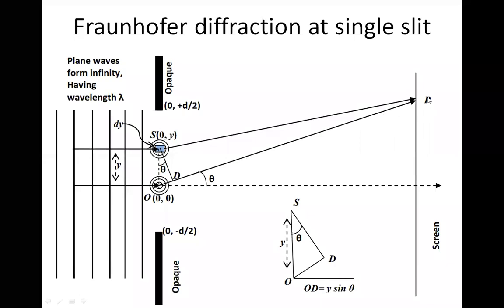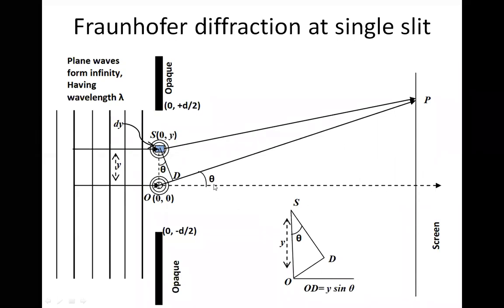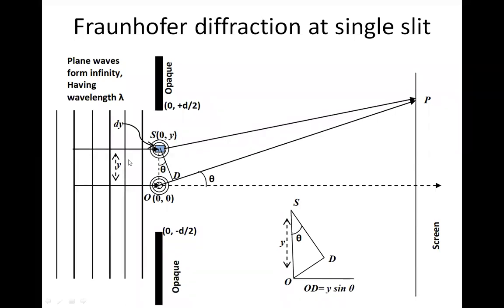So this point P is receiving so many disturbances which are coming from so many point sources, and at every point you are going to have disturbance. What I have done is I have generalized the case. So at theta angle, what is the disturbance at P? If I change the value of theta, I can span the entire screen, right? So I can get the information of each and every point on the screen just by varying the theta. I hope the description is clear to you, and I'll move to the next slide.